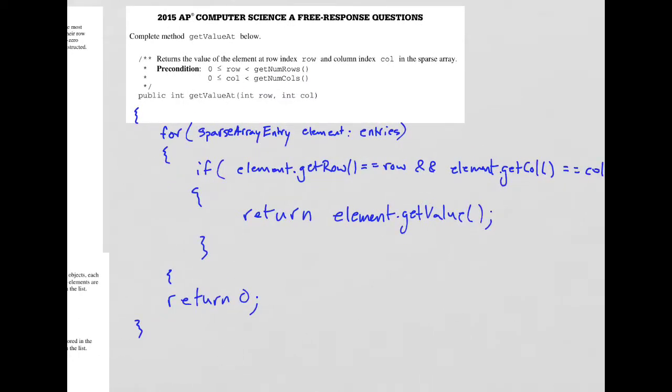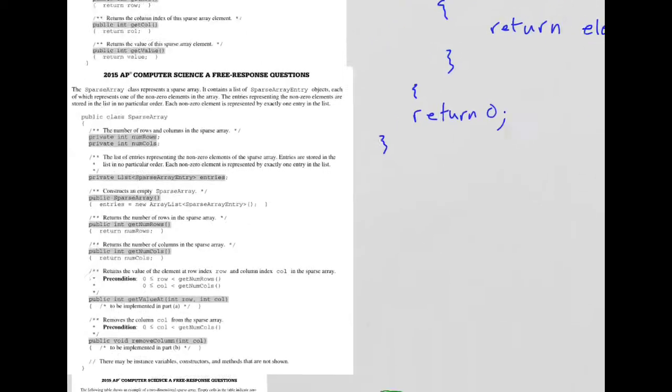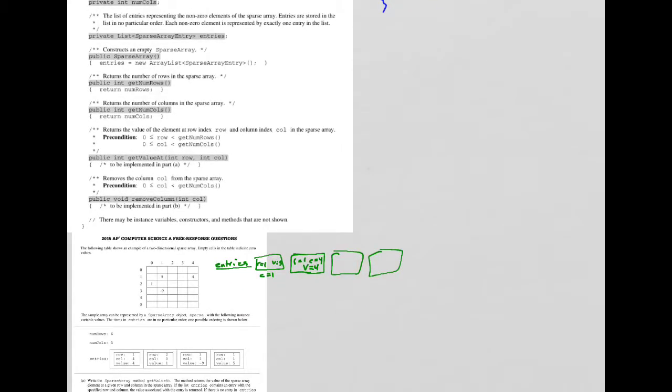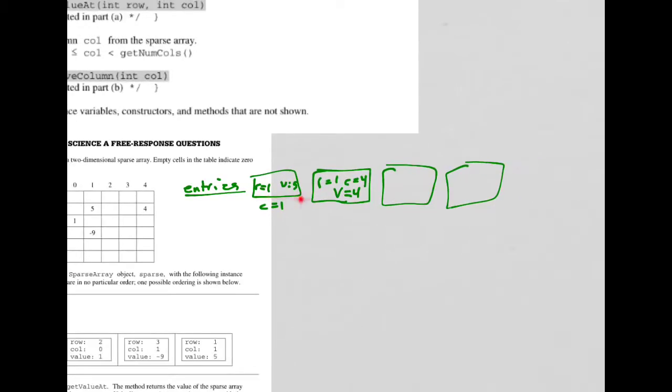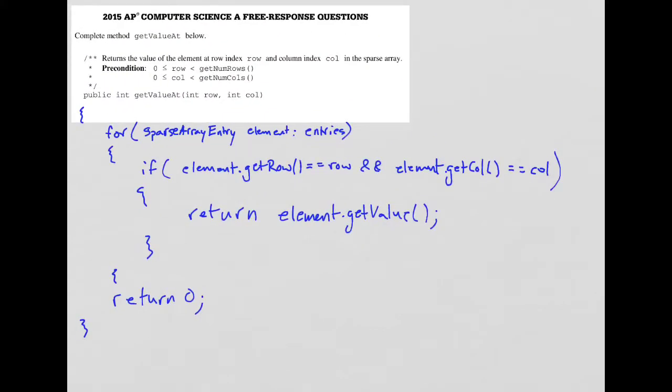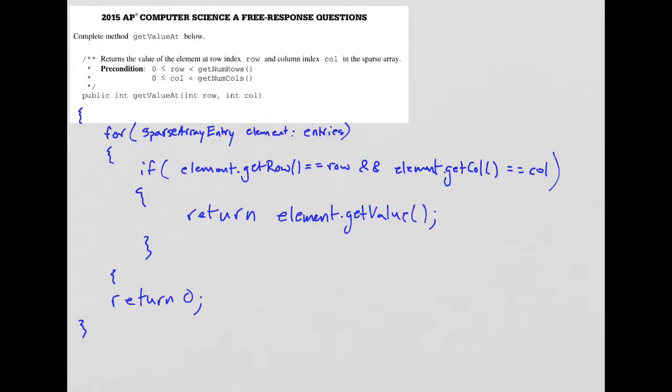Let's go through it one more time. I mean, it's already a 13-minute video. What is happening here? I have to understand that entries only holds a couple of things. It's to save memory, so we don't have to have all of these spots with most of them being 0. So entries only has a couple of things, and each of those things have a specific row and column number. If I want a row or column to be blank, I just simply don't have an element that has those rows and columns. So what I do is I go through every single element inside my entries list, and